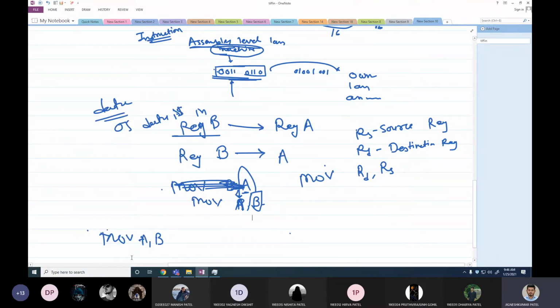So if I write this instruction, the content of B would be automatically copied to register A. Now carefully keep this in mind. If I write this instruction, what will happen to the content of register A and register B? Let's prepare a table and understand. This is register A, this is register B, previous data and data after execution.